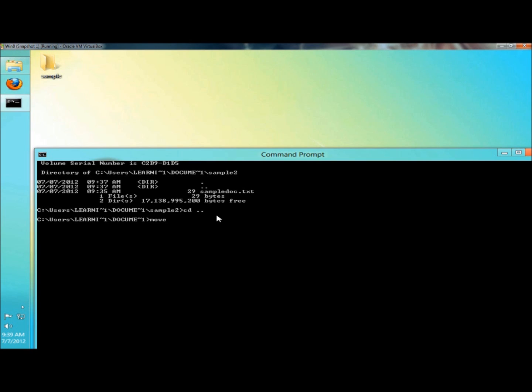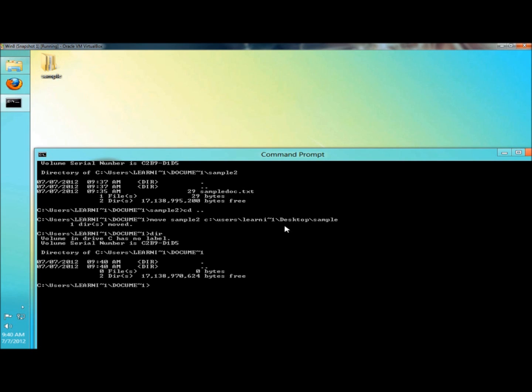So I'm going to type move sample2, and then we have to type the destination folder, and in this case I'm moving from the documents to the desktop, so I have to type in the path to the desktop. And here's the full path to the sample folder on the desktop. It says one directory has been moved, so I'm going to run the dir command, and now it's showing the documents directory is empty. So now I'm going to move up one directory, so cd period period, and then I'm going to run the dir command,